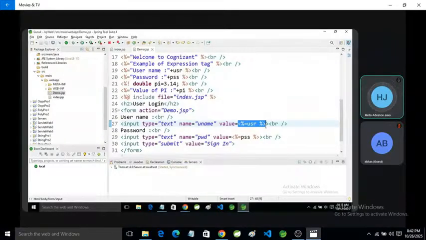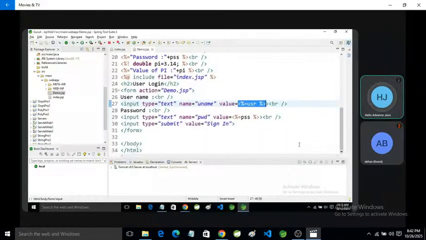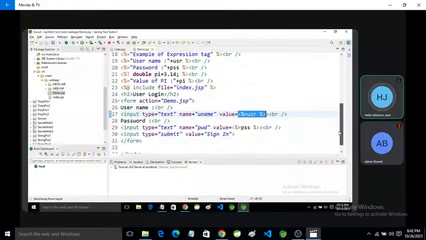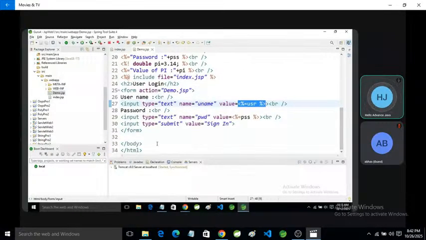It is very beneficial, and it gives very compact coding if you want to print the value of any variable. If you want to show this value in the same format, you can use it in a form. You can use the values.